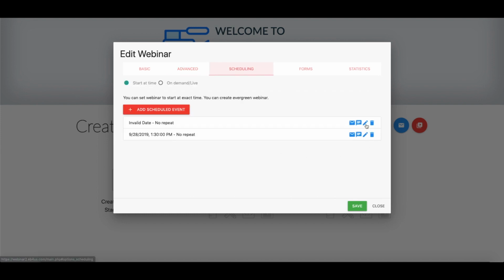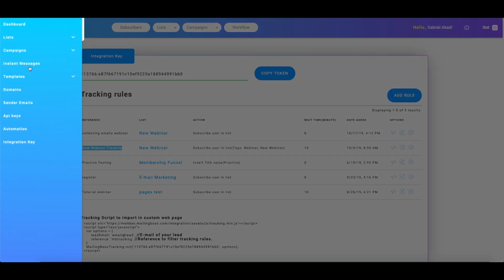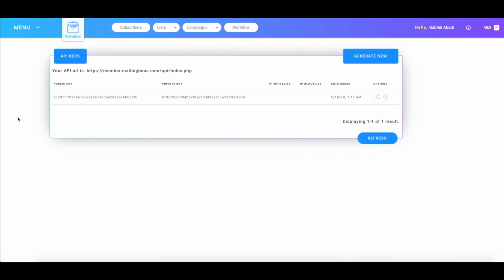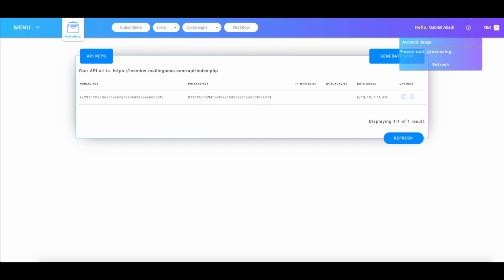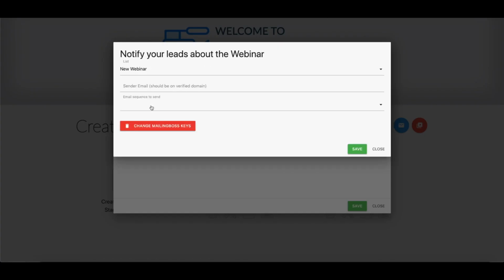Next thing that we got to do is come over here, click on these little messages over here, and you're going to have to put your public key and your private key. You will get those on Mailing Boss again, but it's not going to be over here. It's going to be actually on your API keys. You need to get your public key and private key and paste them over here. Once you do that, you can click on Save Keys, and then it's going to ask you the list, the